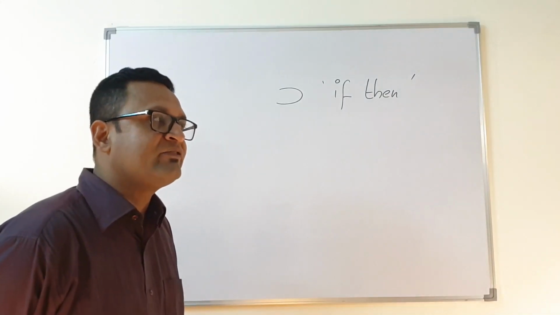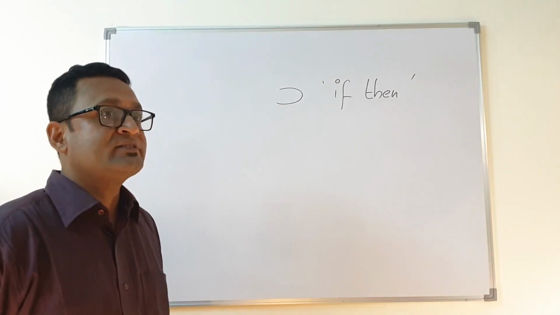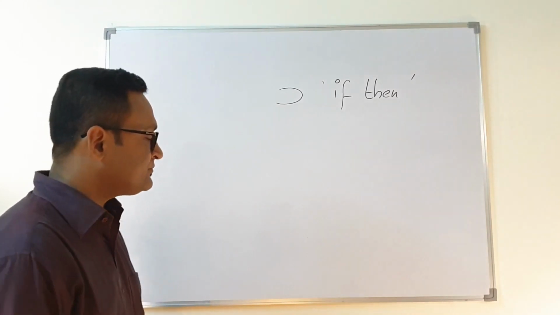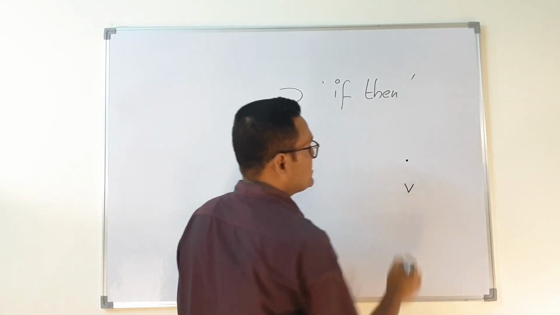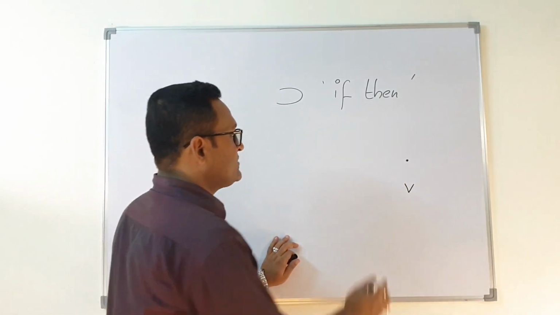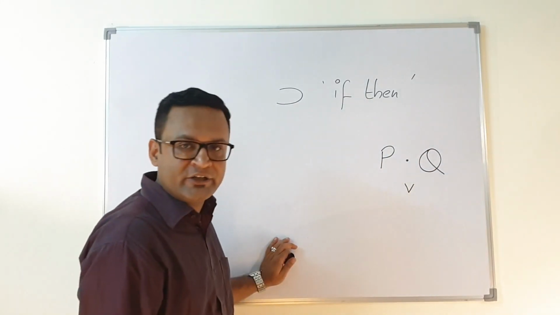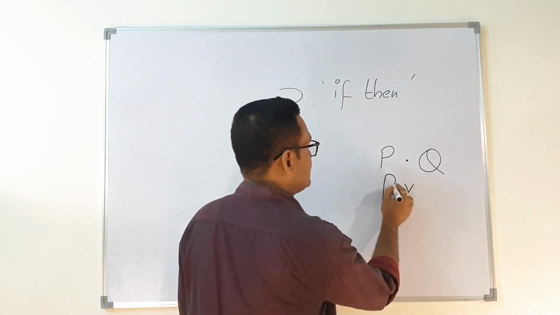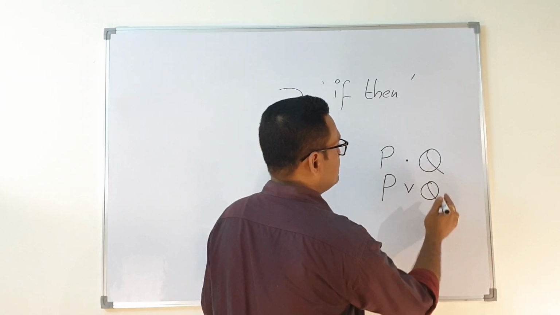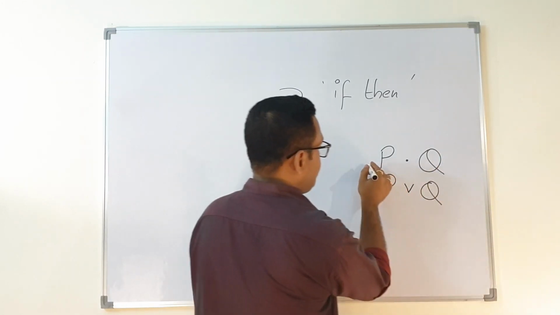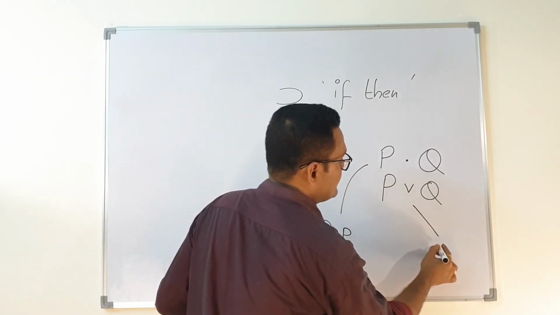regarding the and and the or functions, which we just discussed in the last class. If you remember, some question's representation is p dot q, or some question's representation is p wedge q. So if for p dot q you write, say, q dot p, or if you write p wedge q as q wedge p,